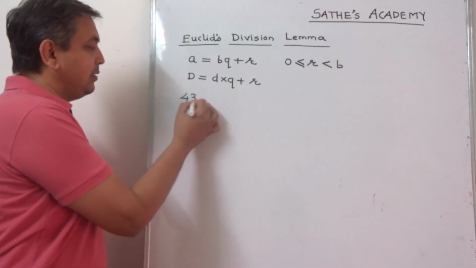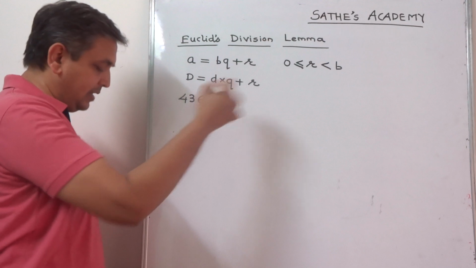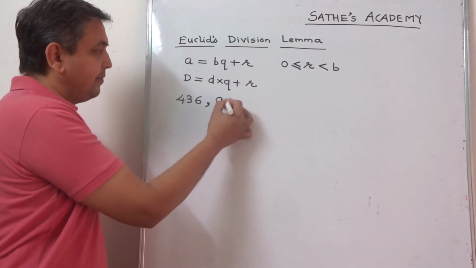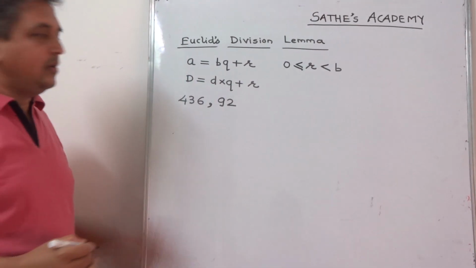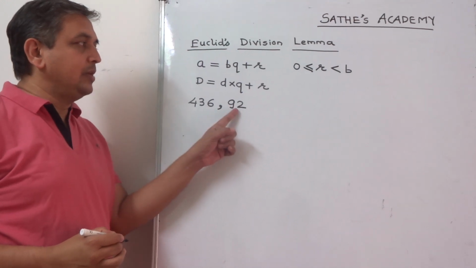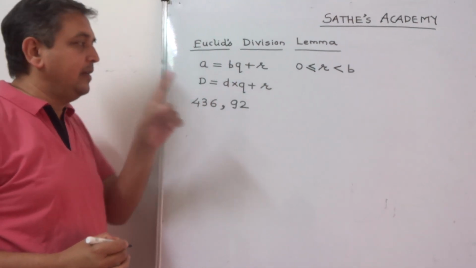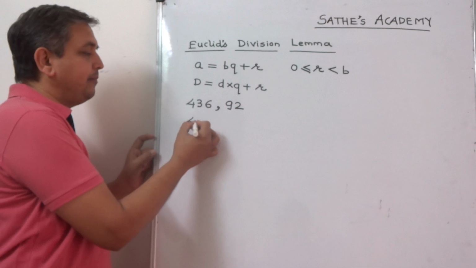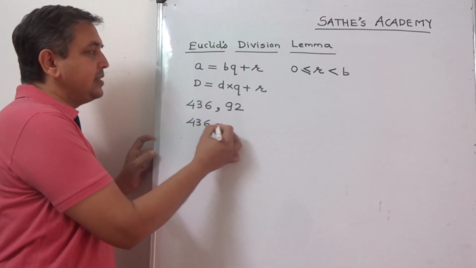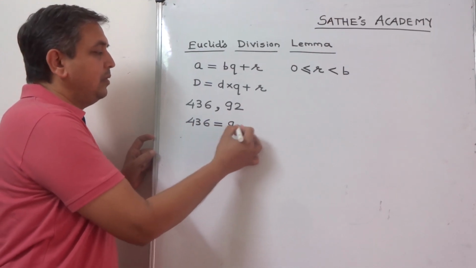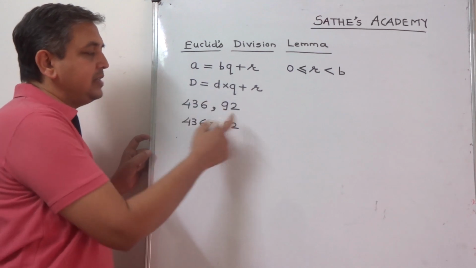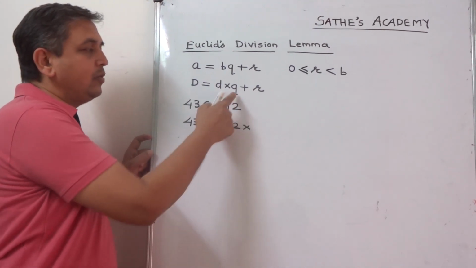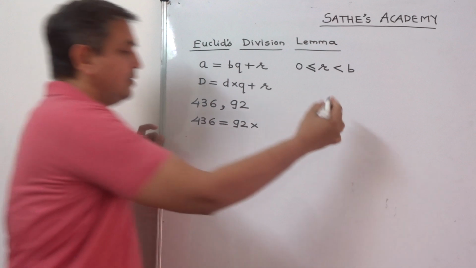Let the numbers be 436 and other number let us take it as 92. To find HCF of these two numbers using this division lemma, we write the bigger number 436 as equal to, divisor is 92. We try to find quotient and the remainder. So let us divide